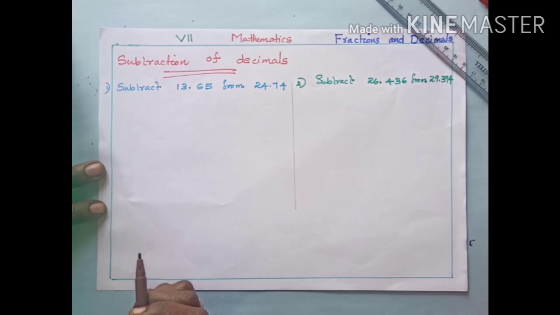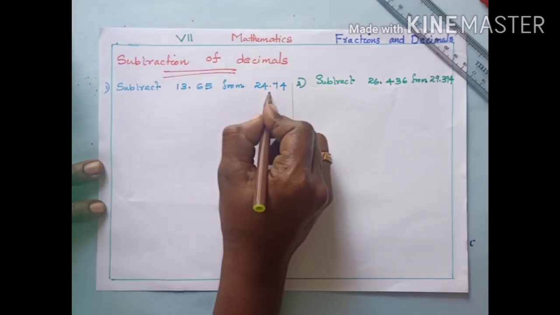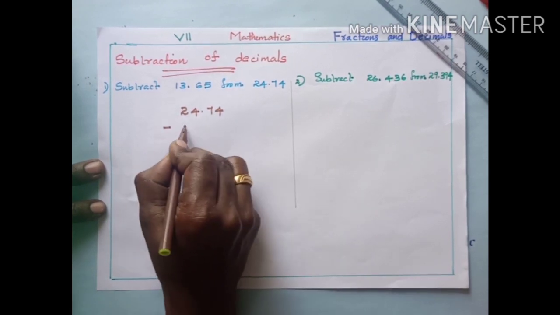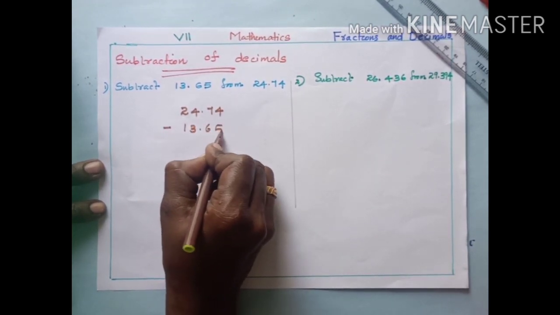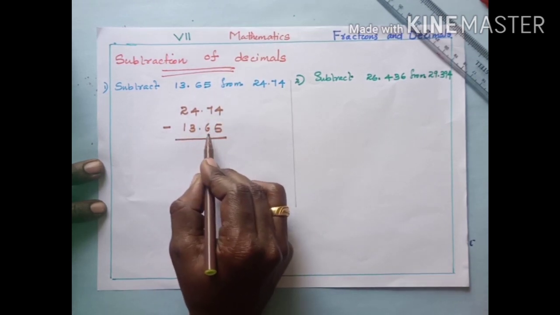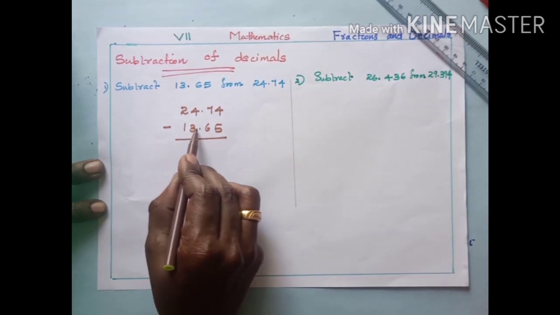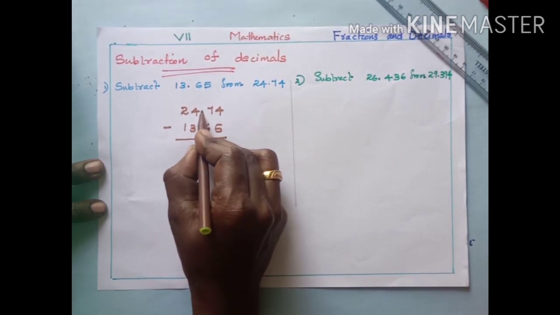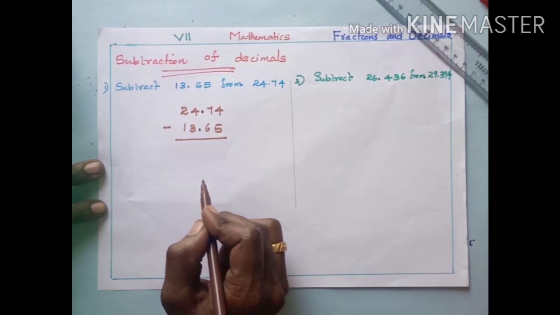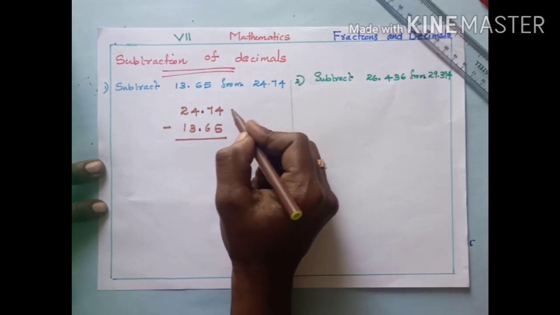Okay, next is subtraction of decimals. Subtract 13.65 from 24.74. So here, 24.74 minus 13.65. Write the smaller number below the greater number with the decimal points in the same column. Then subtract